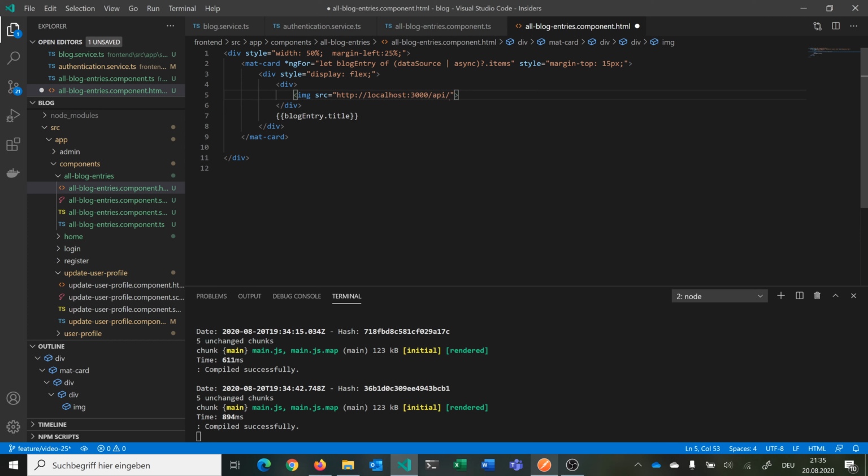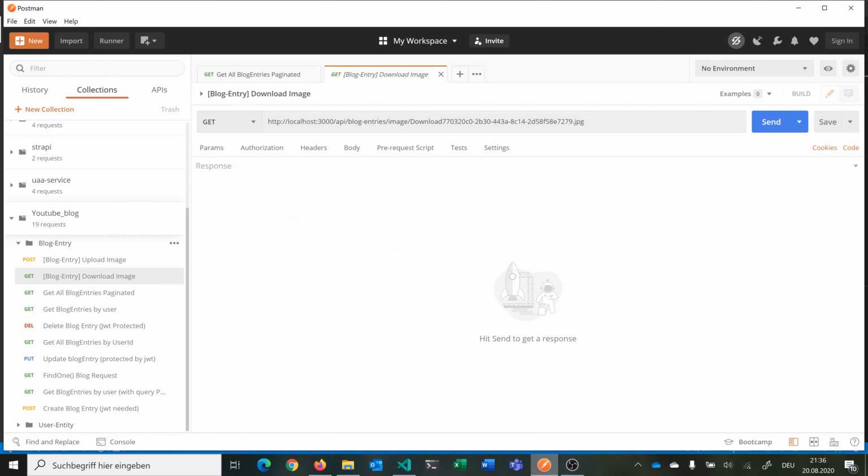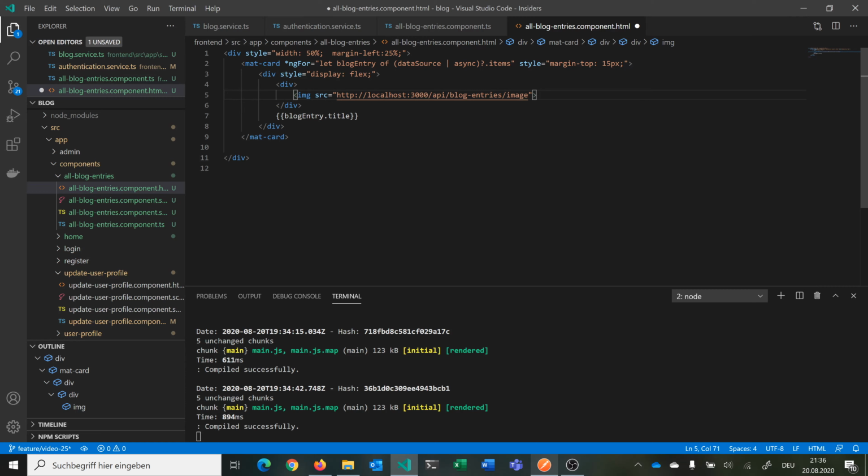So we go against our API, and then, as you remember, we have our blog entries, and then we can go for image. And this is just the link that we are having here. So blog entries, image, and then this is the name of the image that we want to download. So we have image here, then we have a slash, and then we can just add the link that we want. So we have here our blog entry dot,